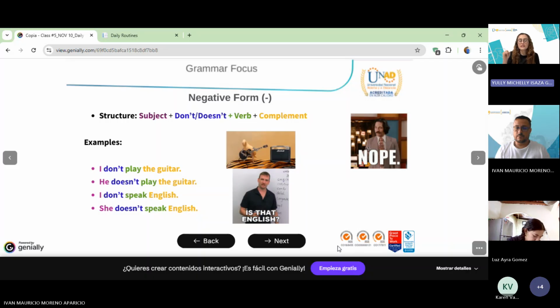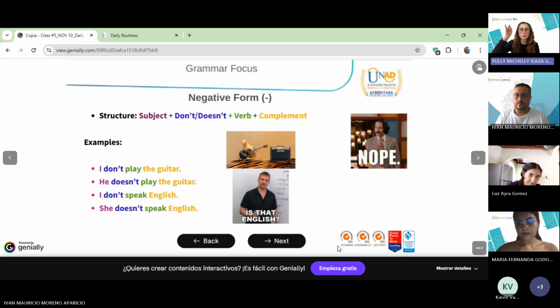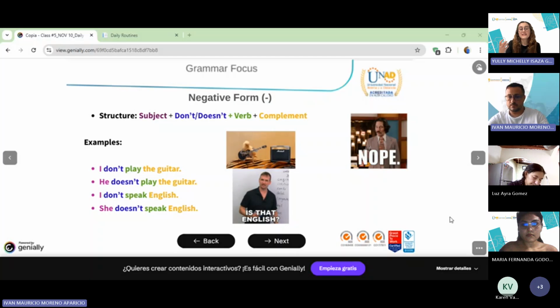Do is used if we talk about I, you, they, we, and you for plural. So we have to use the auxiliary do, right? But if it is a negative form, we have don't. You can use do not, or you can use the contraction, don't. Contraído, don't. But in the long way, do not. So we have the subject and don't, because it depends on the subject. For example, in this case, we have I.